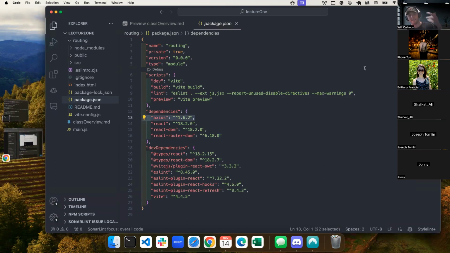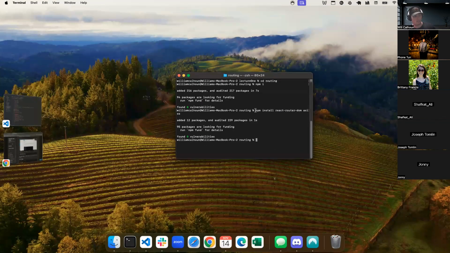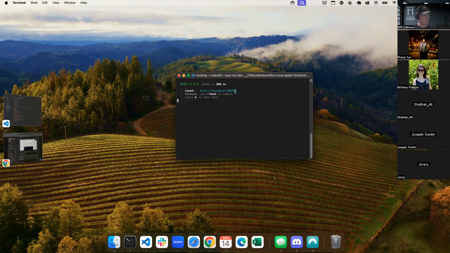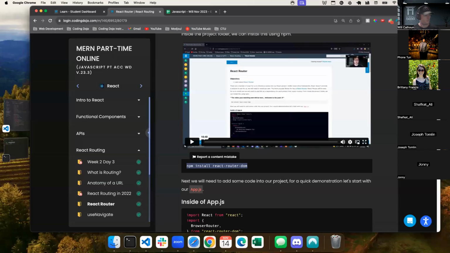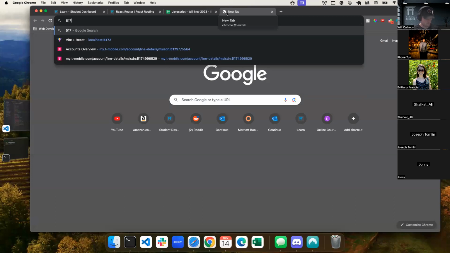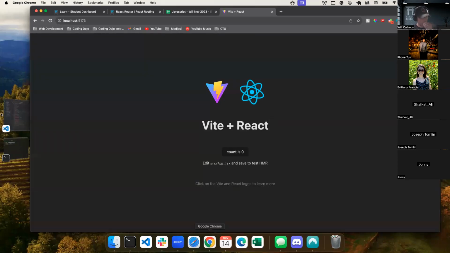So yeah, as we're starting to install more things, we're going to install like bcrypt and other tools. You can just do a space. So we say npm install, and then the package you want to install, space, the package you want to install, space, the package you want to install, etc. Cool. Great. So let's run npm run dev. Cool. So now we see I've got this localhost 5173. I just have my normal project.